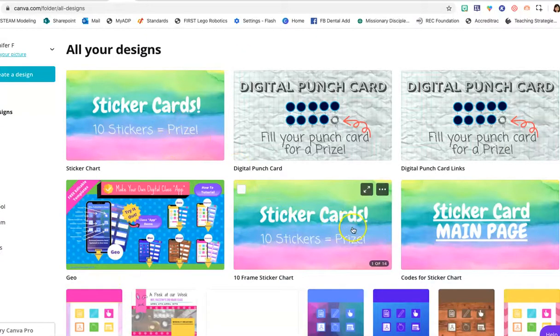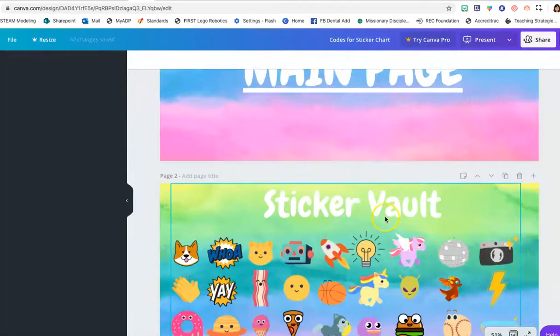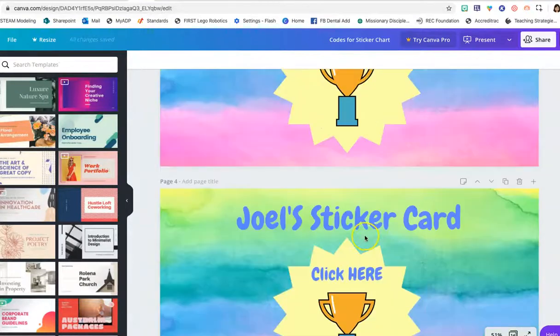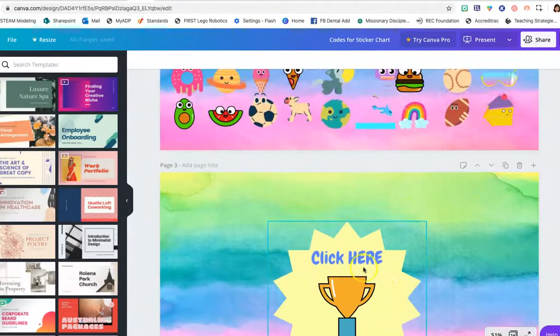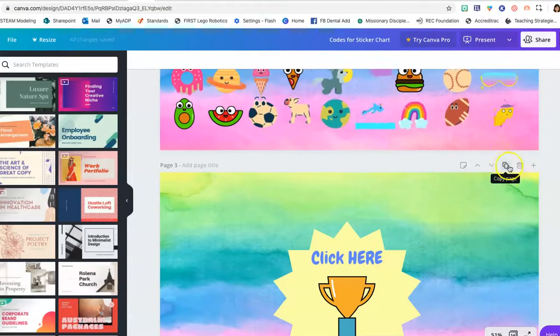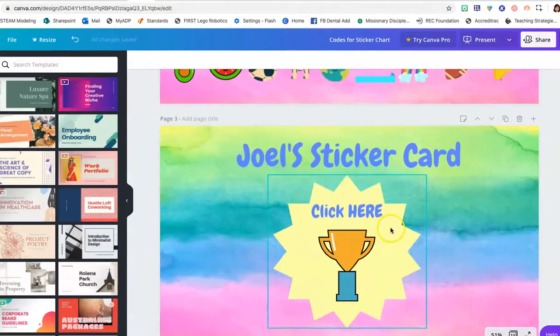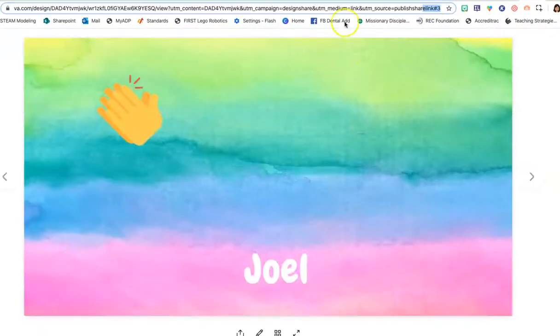Sticker chart, codes for sticker chart, that's what it is. Okay, so the codes that I've made here, oh, right, I need to delete this page. Delete. Okay, so right now for Joel, for example, if I went to that other slide and I saw that